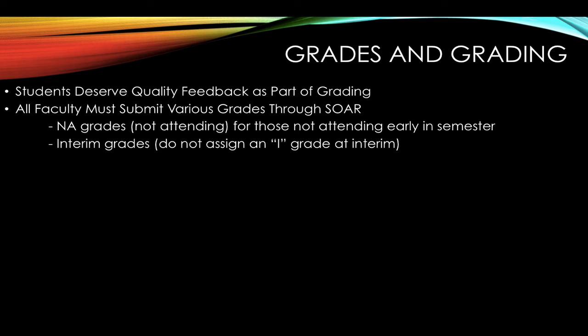So if up to interim grade they've had 2 exams, which is worth a total of 200 points, I simply take the number of points that they've earned on those 2 exams, divide it by the 200, figure out what that percentage is, and that's what I report as the interim grade, whatever that comes out to in a letter grade. The interim grade is not an official grade, and sometimes it's not terribly predictive of how they're going to do at the end, but it should be as predictive as possible. So make sure you have enough assignments before interim grade to actually make a good solid case for the student's performance at that point.